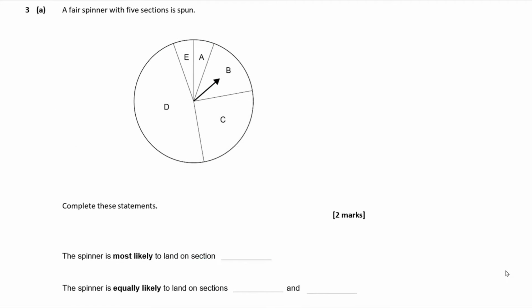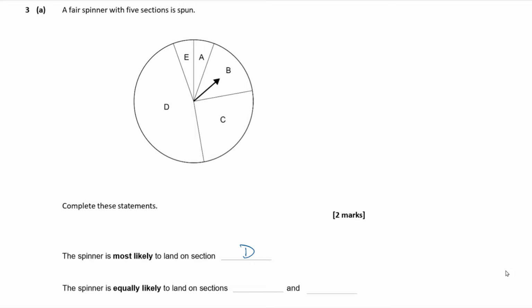Question 3a. A fair spinner with 5 sections is spun. Complete these statements. The spinner is most likely to land on section, well, it's most likely to land on the biggest one, isn't it? And that's going to be D. So D is the one that's most likely to land on, and the spinner is equally likely to land on sections